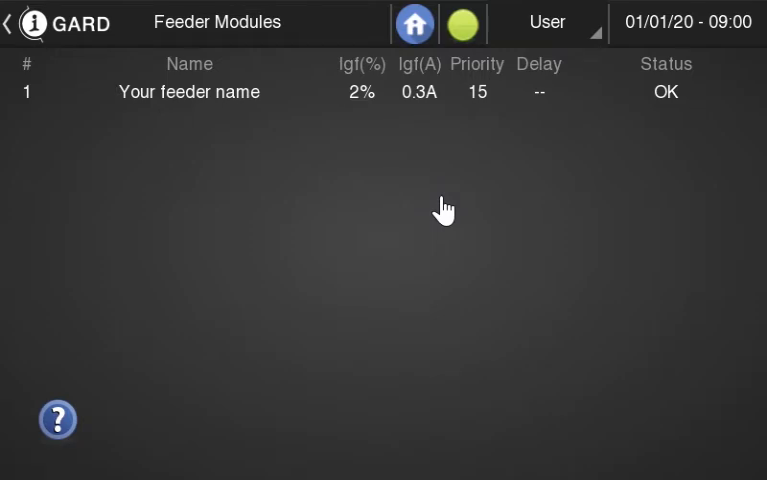So this is how you can identify feeder modules while also confirming their communication with the rest of your DSP